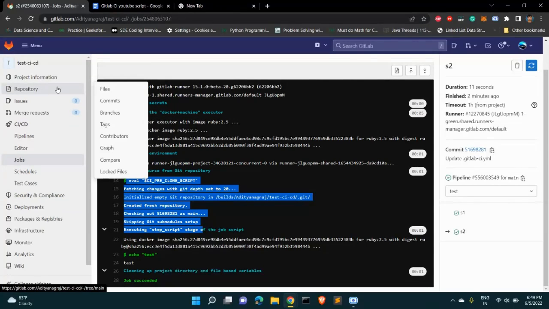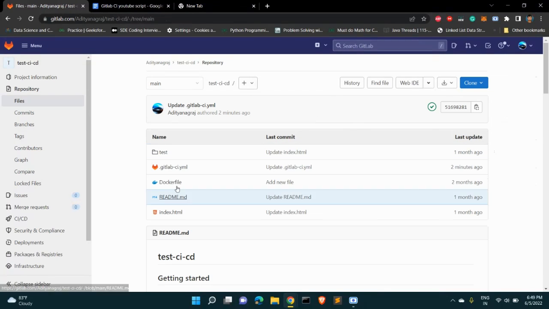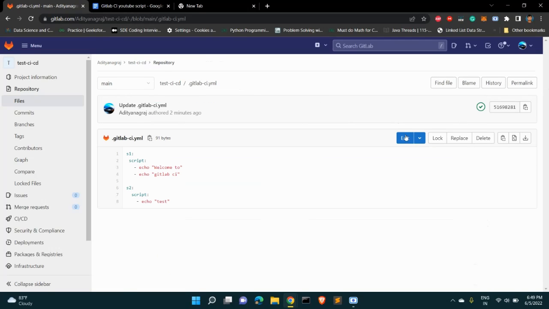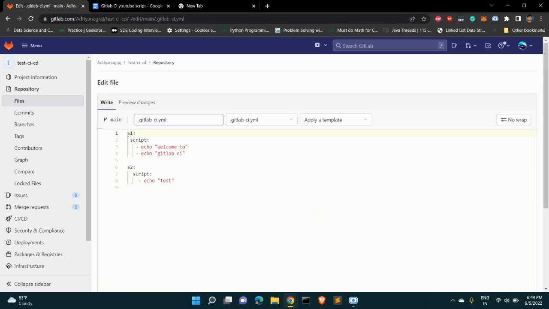Now we'll go back to the repository, and for now we'll add some customized stages. Just click on this edit button. Now what we'll do is we'll add stages. Stages is a keyword. If you click on stages, in the same way you have to follow the same indentation. So give stage one. Either you can use space or no space or underscore,